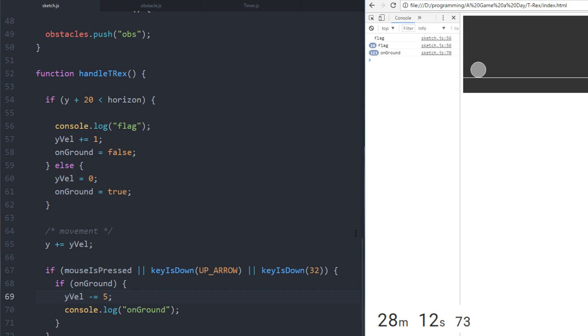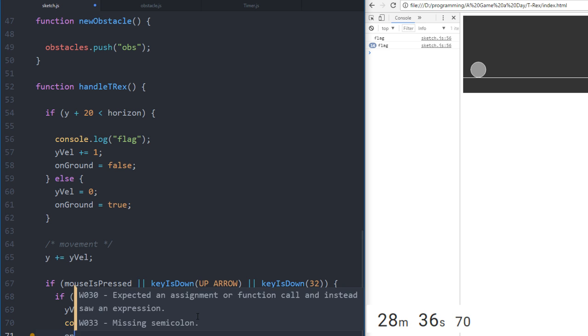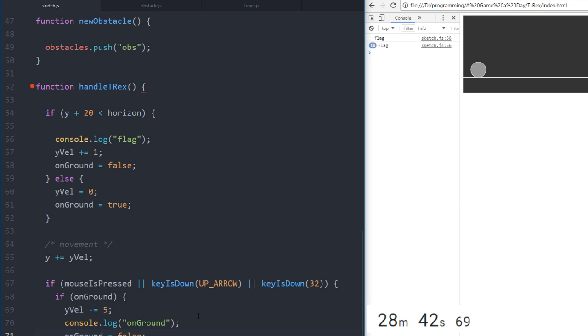So if it's on the ground, then we want to say that it's not on the ground, because obviously if we jump, we know that it's not going to be on the ground anymore. It's going to be equal to false. Oh, well, I was wrong. Let's bring back that console.log. And let's keep this on ground. Ground equals false. There we go. Okay, that's very odd. So we have on ground,